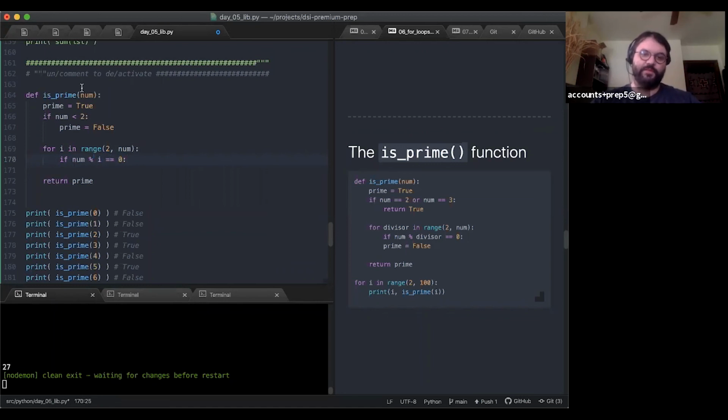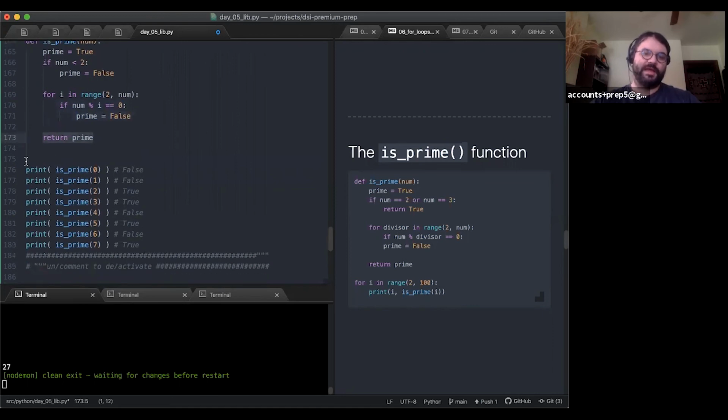If num mod i, modulo gives us the remainder, equals 0, then prime equals false. So it's not a prime number. And then once that's all said and done, we can return prime. So I have my tests here, 0 through 7, and I should see false, false, true, true, false, true, false, true.